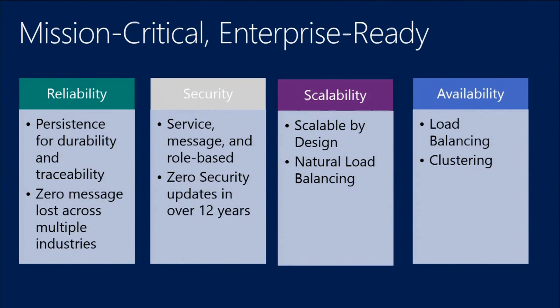So when I claim zero message loss, that's pretty much where we say the reliability of the server is so high that even if the downstream system is literally dead, like it's not available to reach, I can keep the message in a state where you deliver it as and when the system is available. You wake it up from the grave and deliver it. So that kind of zero message loss for over 10 years in all of its industries, be it healthcare or be it Swift or be it RosettaNet or be it aeronautics, in all of the industries it has achieved that.